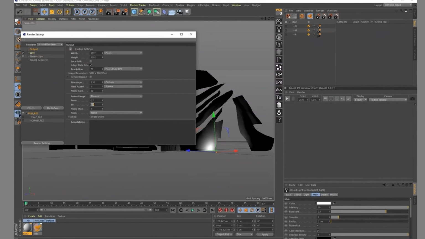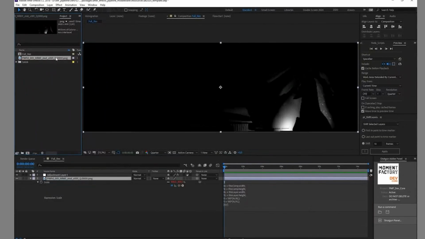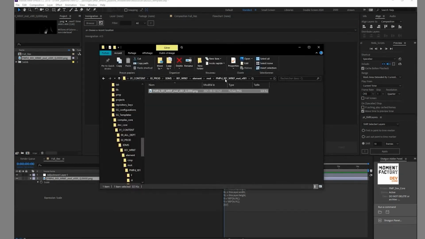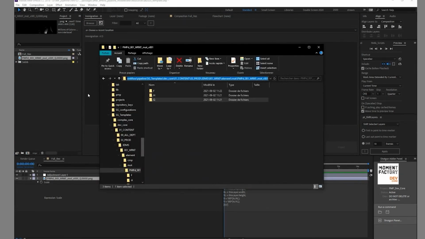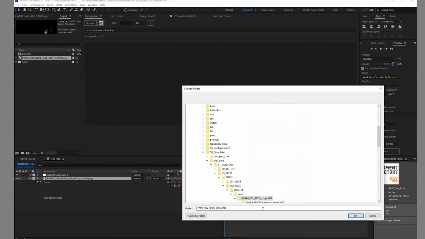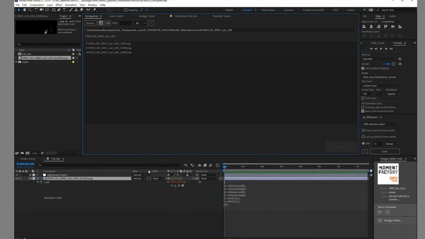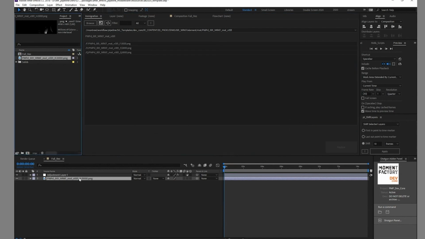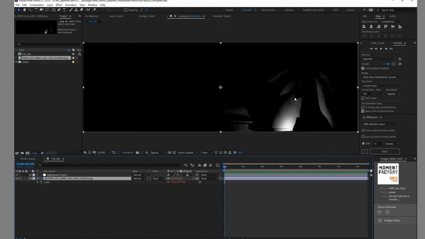But right now, since I'm working with the quarter res and everything is working fine and I finally have my full res, I can use Immigration, which is a script that you can find on AfterEffectsScript.com, and I can just tell it, let's take a look at that folder and see what you can find. It's going to find every iteration of my renders, and I can select the quarter res right here and the half res over there and just replace it. And you're going to see on the scale that it changed to a half res render.